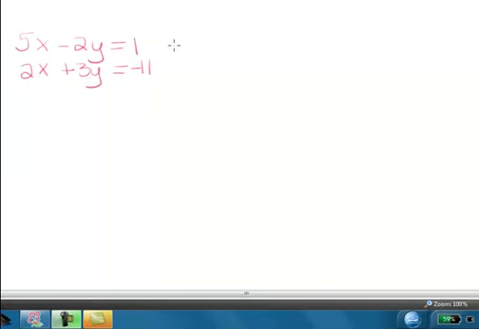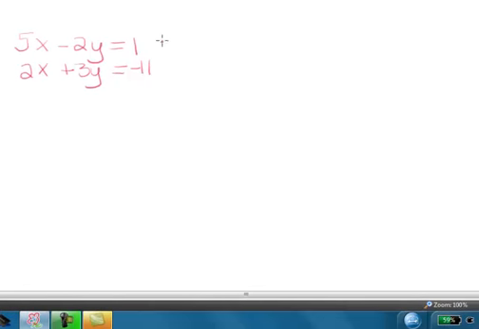Unfortunately, not all systems of equations are set up so that one variable will easily eliminate. If you look at these two equations, neither the x nor the y will eliminate if you added them together. So it's necessary to multiply either one or sometimes both equations by a number so that one of the variables